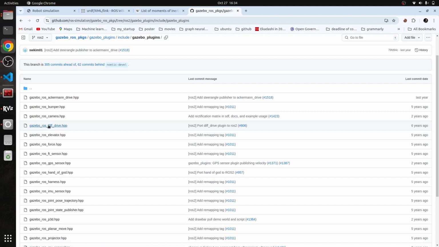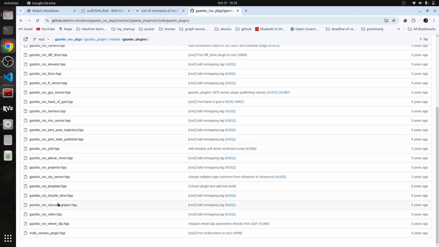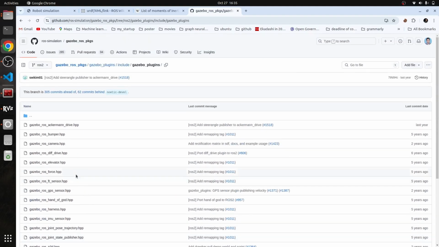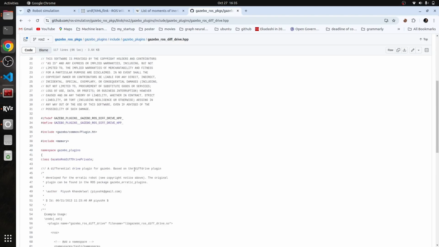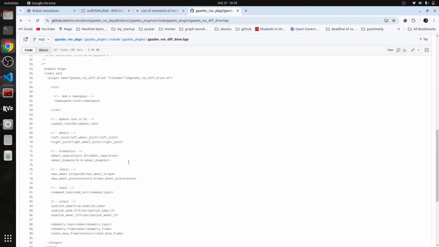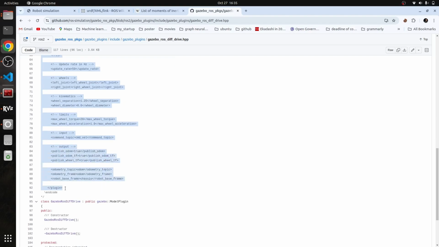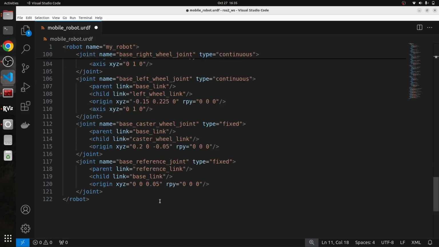So I'm going to copy the differential drive, because my goal is to move the wheel. If you are using a camera you can use this plugin. If you are using a bumper you can use this. For the various sensors also you can get the plugin from here. So I'm using the differential drive plugin. Let me copy it from here till here, and then I have to place it in my